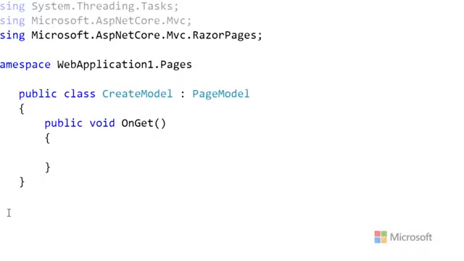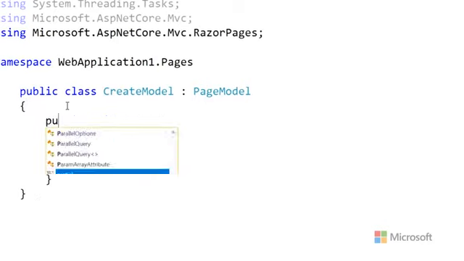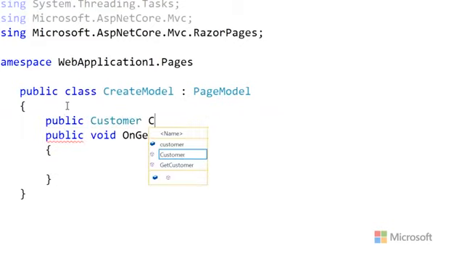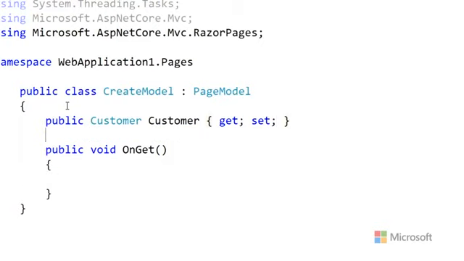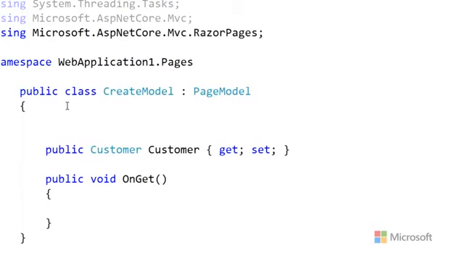So our create model is going to need to know about customers, because that's going to show up on the page. So public customer, that's a type. That's a name. You can tell by their color. It's a little confusing, but the property is called customer and the type is called customer. Okay? And this is going to need that database